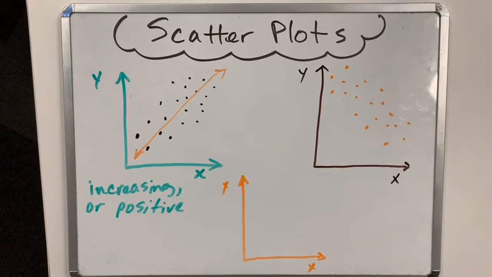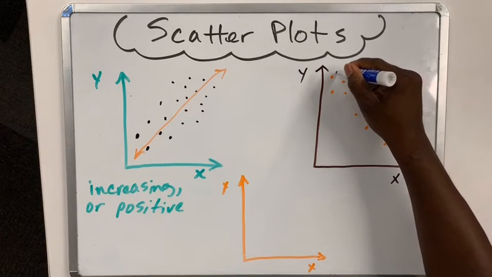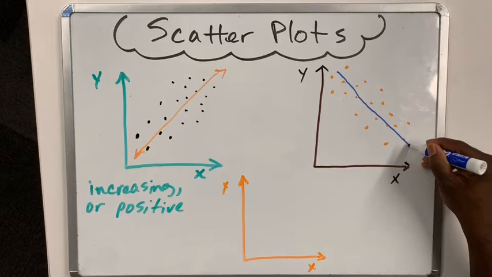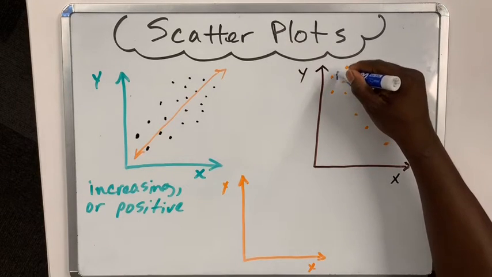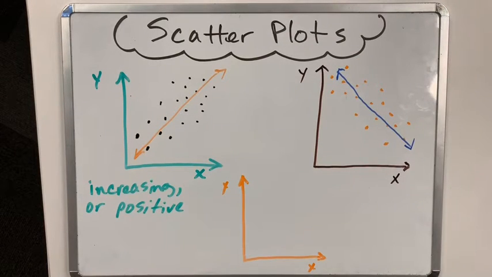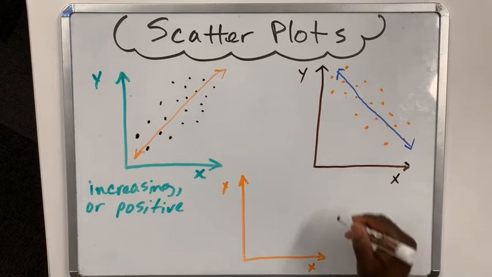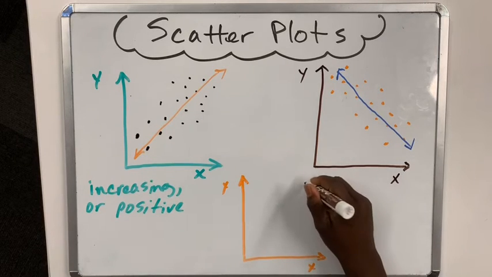Well, let's get a trend line in there. So if I draw a trend line where I try to equally divide the points along both sides of the line, we describe this particular scatter plot as decreasing,